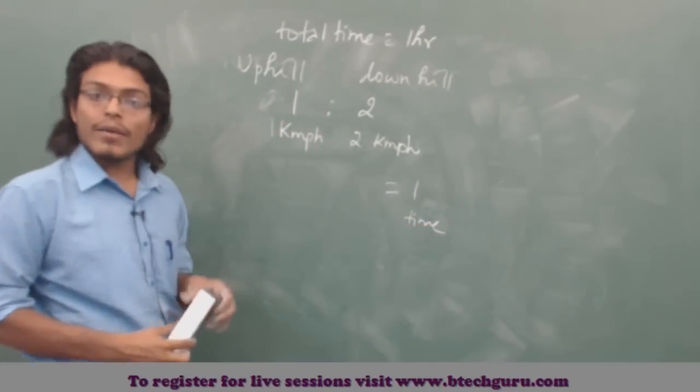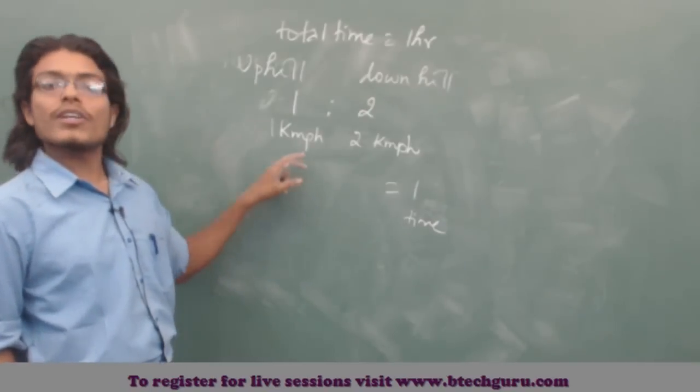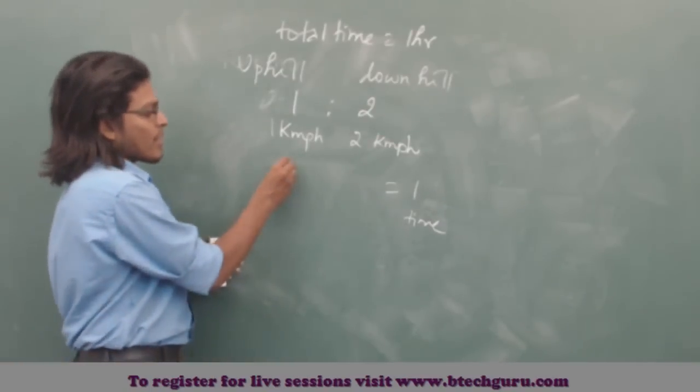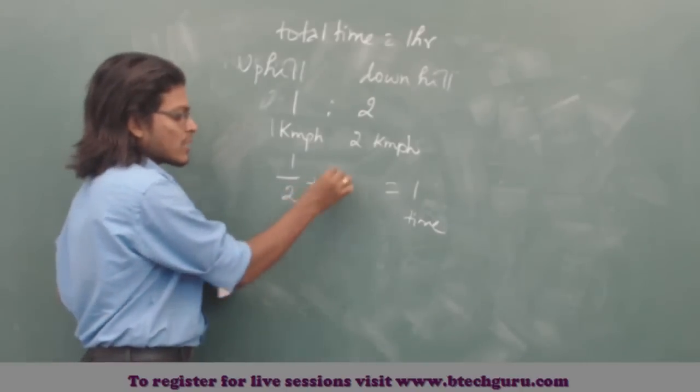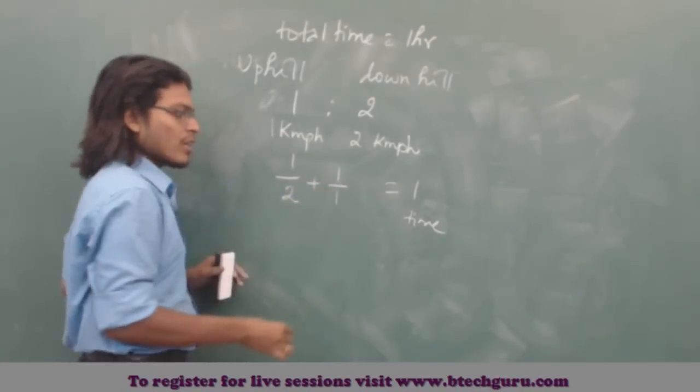So we have to equate the time parameters. So time is equal to distance divided by speed. Distance divided by speed plus distance divided by